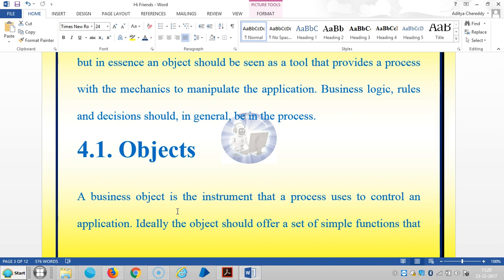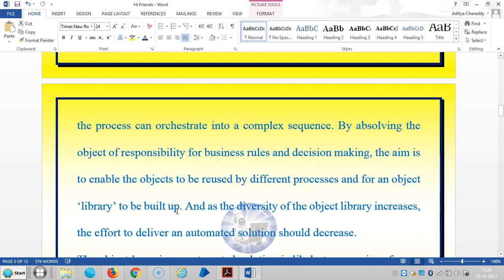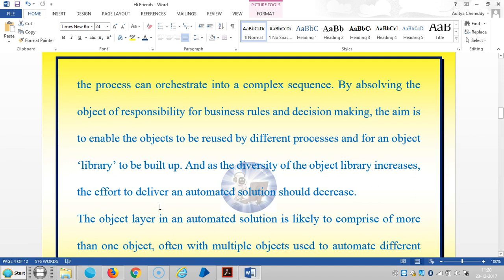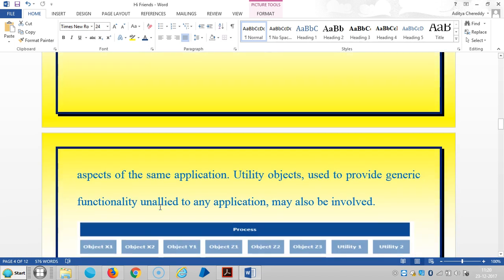So ideally the object should offer a set of simple functions that the process can orchestrate into a complex sequence, by absolving the object of responsibility for business rules and decision making. The aim is to enable the objects to be reused by different processes and for an object library to be built up. And as the diversity of the object library increases, the effort of delivering an automated solution should decrease. The object layer in an automated solution is likely to comprise more than one object, often with multiple objects used to automate different aspects of the same application. For example,